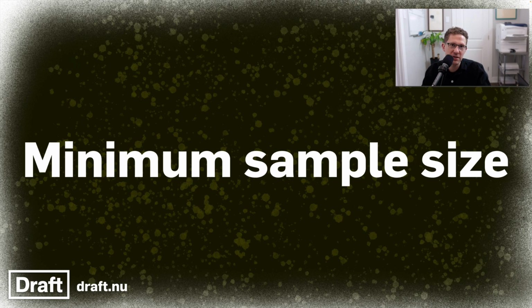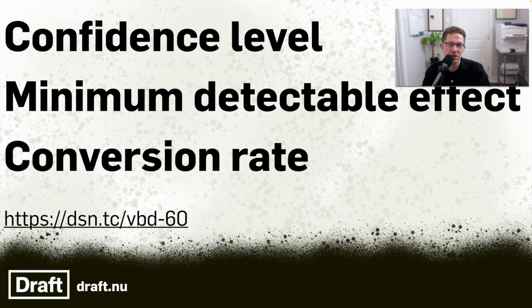You calculate minimum sample size with 3 numbers. The first is called your confidence level, which is basically how sure you are of the test results. The next is what's called the minimum detectable effect, which is what you're hoping to get lift-wise out of the A/B test. And then finally is your existing conversion rate. Conversion rate's easy. I can go into the math behind it, but in practice, I run all of these things through a guy named Evan Miller's sample size calculator. It's linked here. It is a beautiful and inspiring palace of Times New Roman,